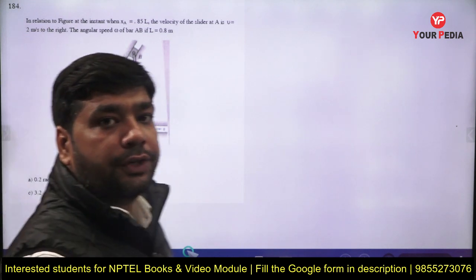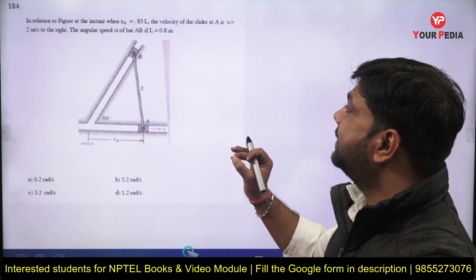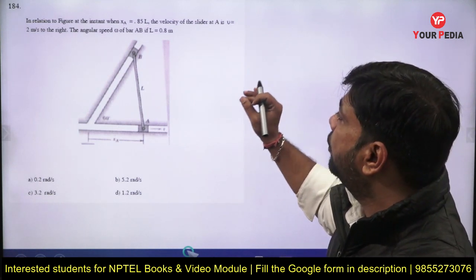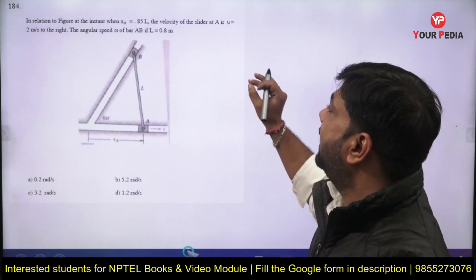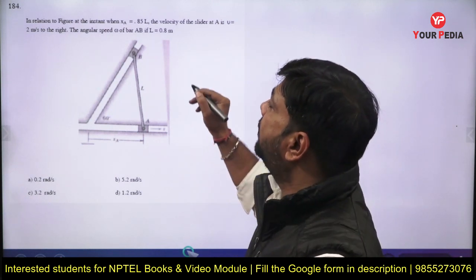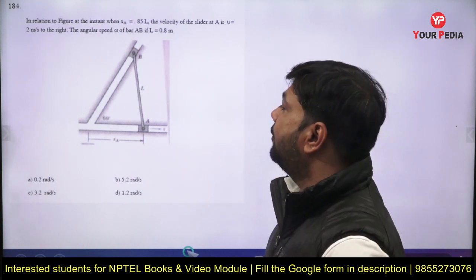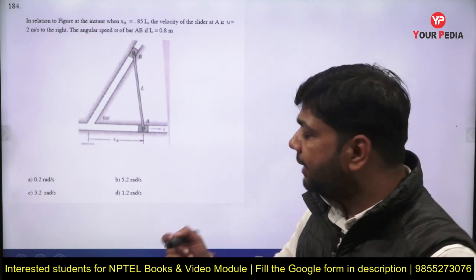So here I am talking about this question. The question is saying that in relation to the figure, at the instant when xA equals 0.85 L, the velocity of the slider A is 2 meter per second to the right. Find the angular speed omega of the bar AB if L equals 0.8. The given data in the question is